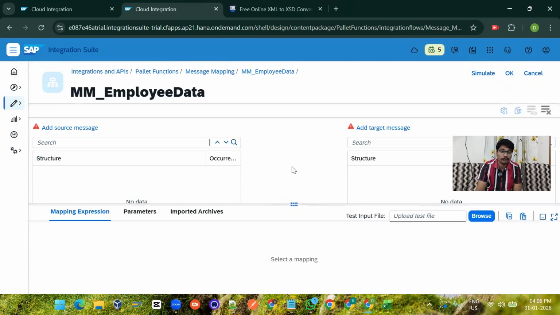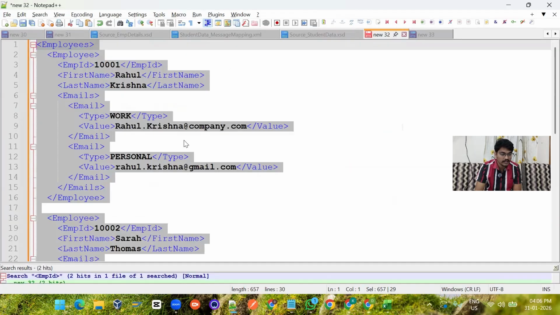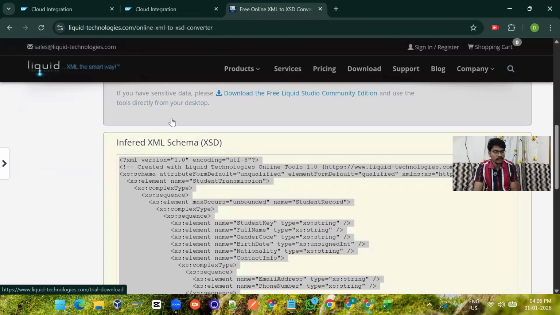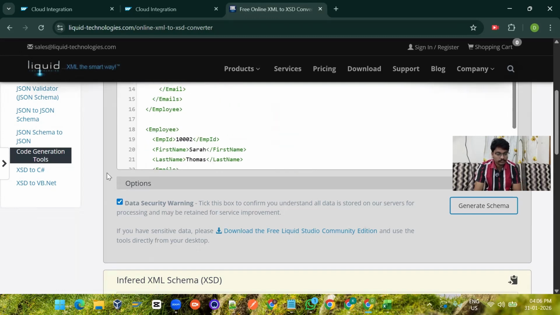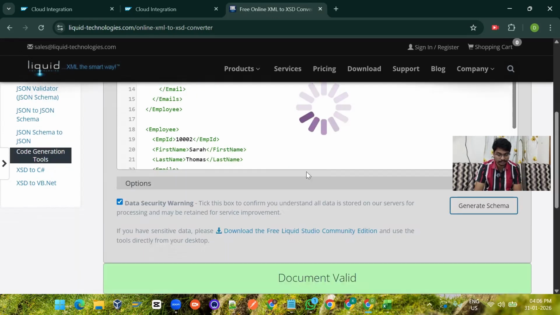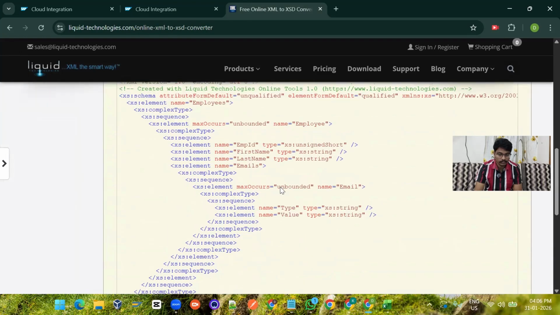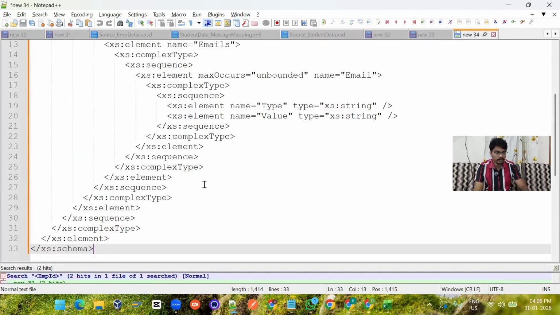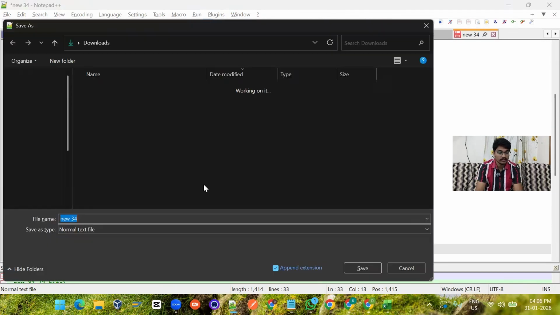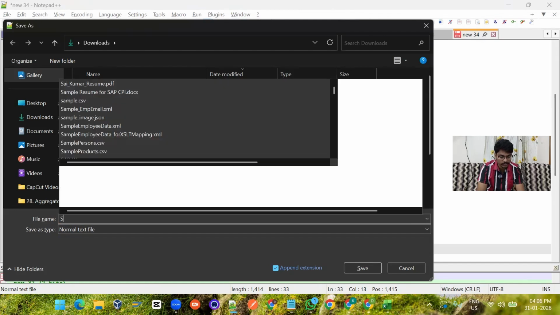Now what do we have to provide to the message mapping? We have to give the source message structure and target message structure. So I have this sample XML with me, so I can simply create the XSD. I will go to this website, XML to XSD converter, and paste my body here. This will generate a schema. I'm going to simply copy this and save it here with .xsd extension. So I'm going to say source